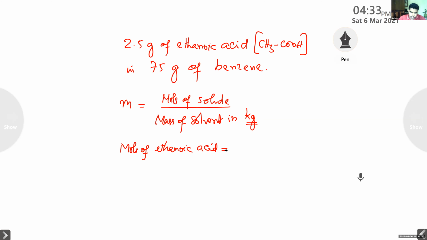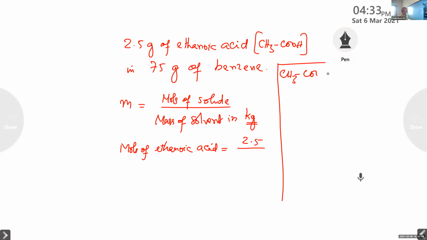Okay. So moles of a solute. The solute here is ethanoic acid, whose molecular formula is given as CH3COOH. So moles of ethanoic acid is equal to mass in gram divided by molar mass. Mass in gram is 2.5, divided by the molar mass. You find out the molar mass of